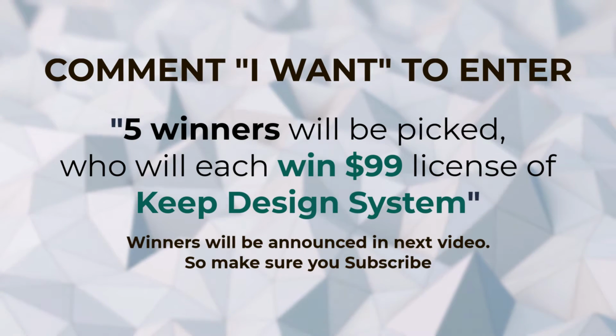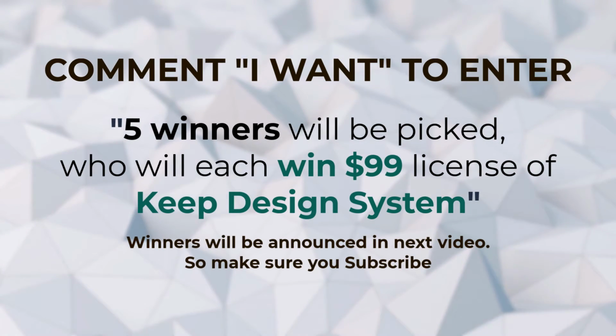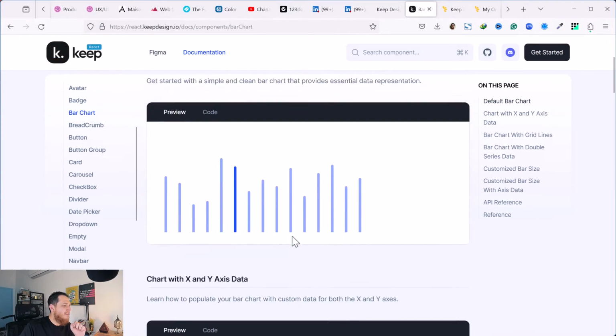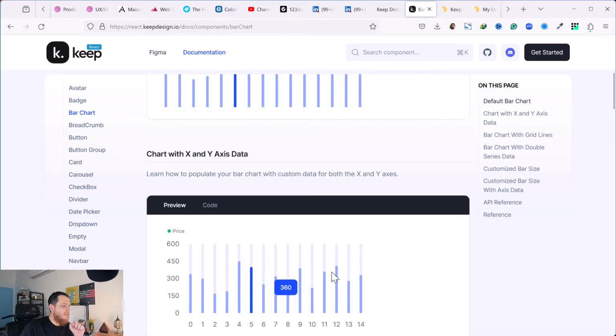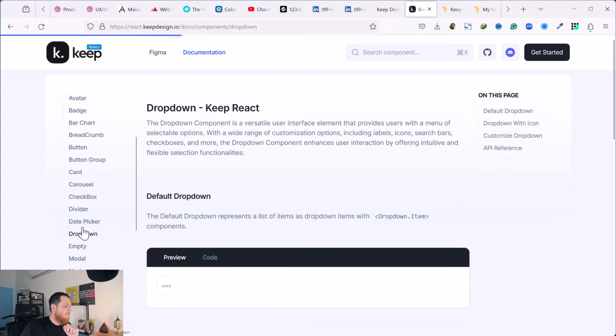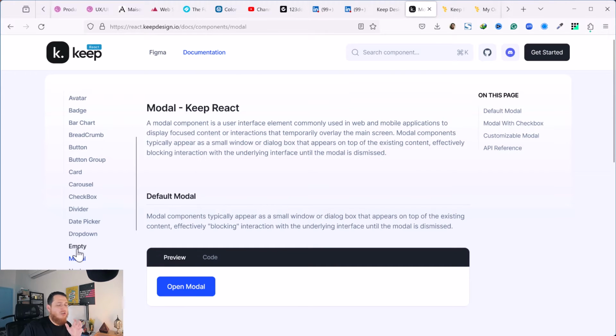So the main thing is that it has all the stuff already made. We have different barcodes, bars over here. You can see all these are working really nicely done stuff. Here we have different breadcrumbs. Great. Everything is there. So if you are building a SaaS product, or you are a founder and you want to go quickly and build something quickly, then you have an option to look at this Keep Design